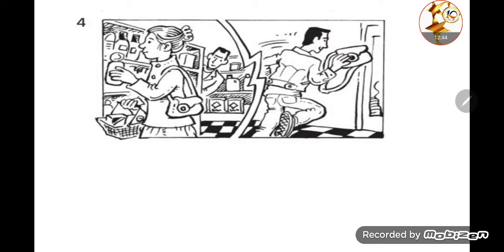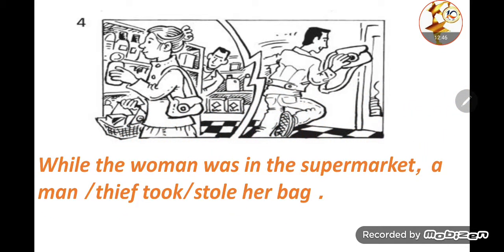She was in the supermarket. So while the woman was in the supermarket,